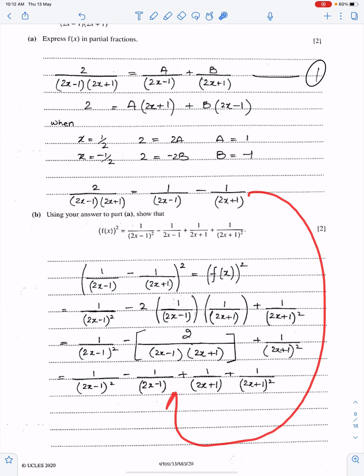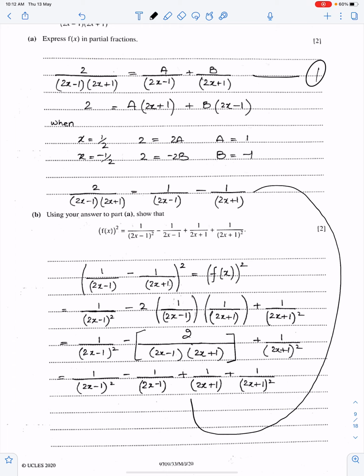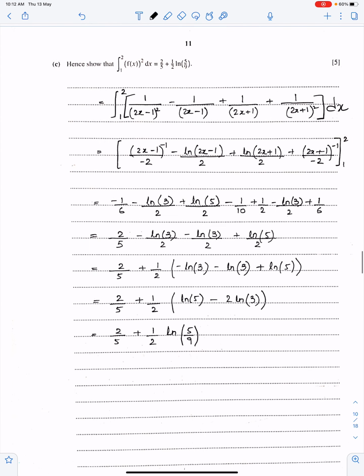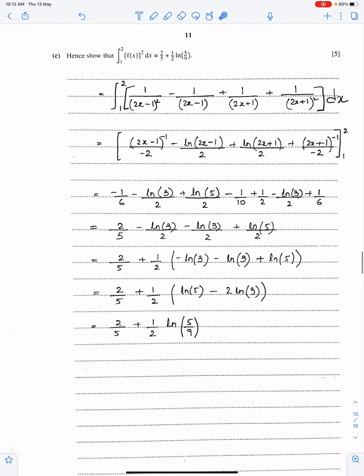This thing is here. Well, I already have explained that you need to bring this in the numerator, this as well, because the powers